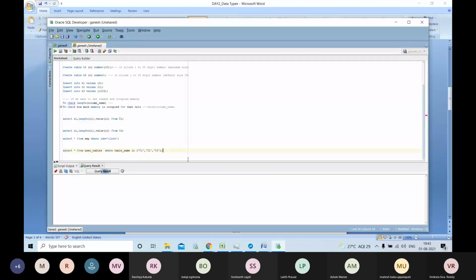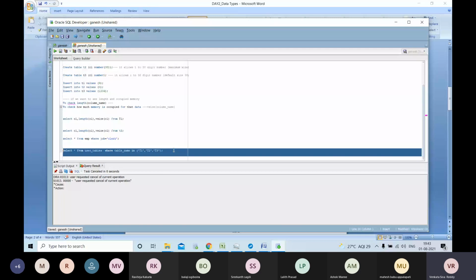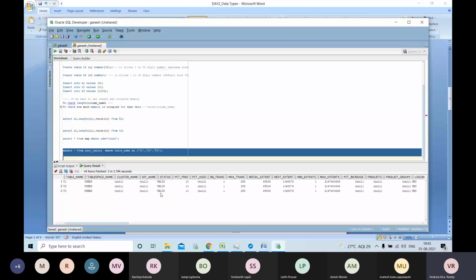Okay, now the system is back. I'm going to run. See, the table will be captured from user_tables. Okay, what are the tables we have? Table name, table space name.